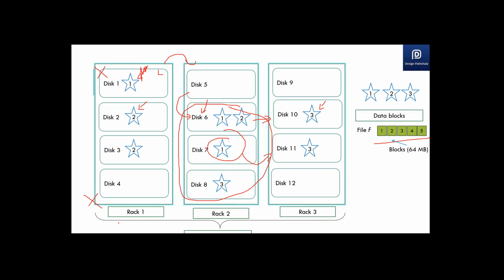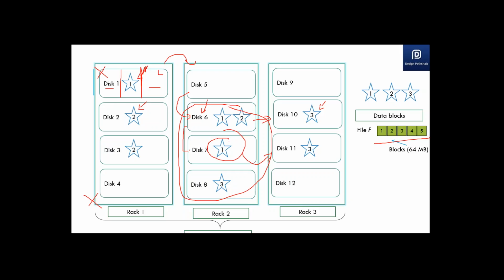And the second thing is, now if say I have only one copy of block one, and this block needs to be processed, and this disk is busy processing some other blocks which are also lying on this disk. It's not only the one block lying on this disk; there'll be hundreds of other blocks. So if this is busy, I have to wait till the processes are over and then give the request to process block one. But if my block is replicated to disk 6 and disk 7 also, I can easily send the processing request to disk 6 or disk 7, whichever is free.